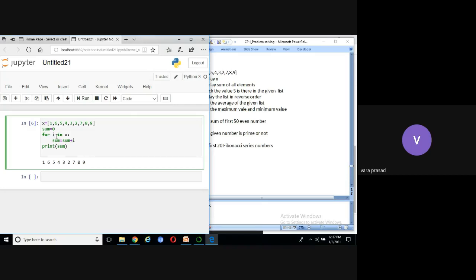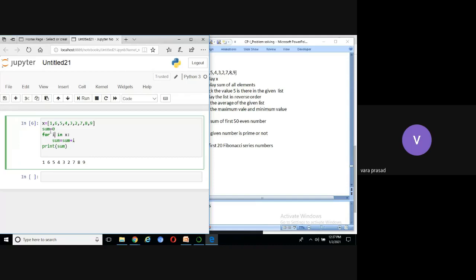Do you know the difference between X and sum? What is the difference? X is a variable, sum is a variable, X type is list, sum type is integer, right?